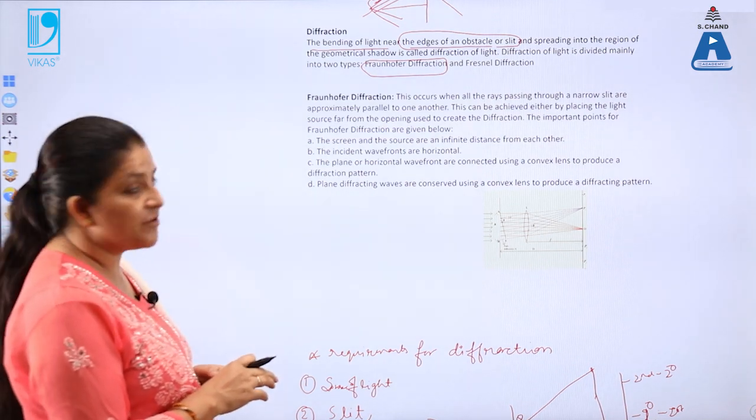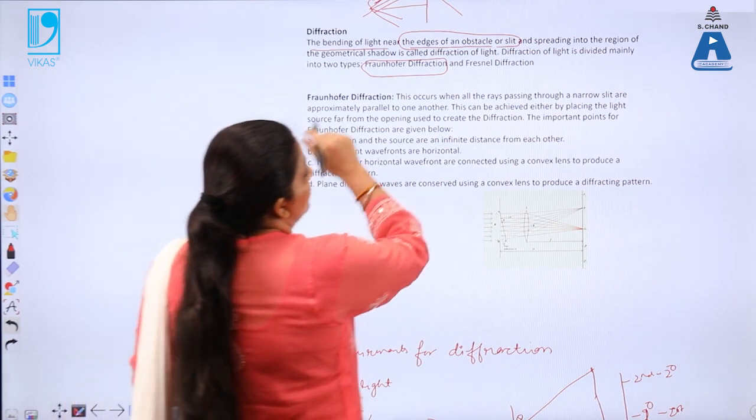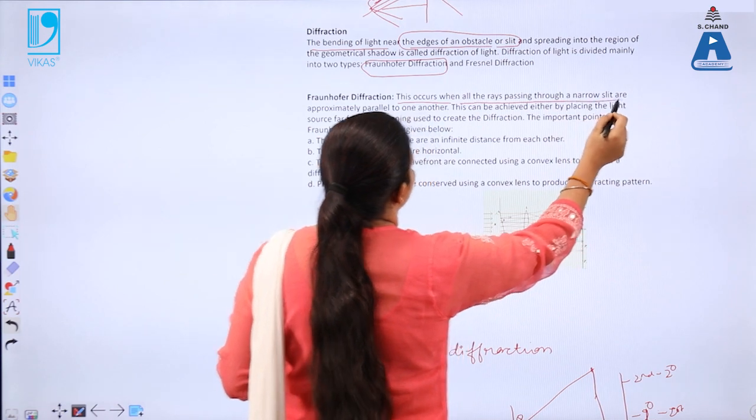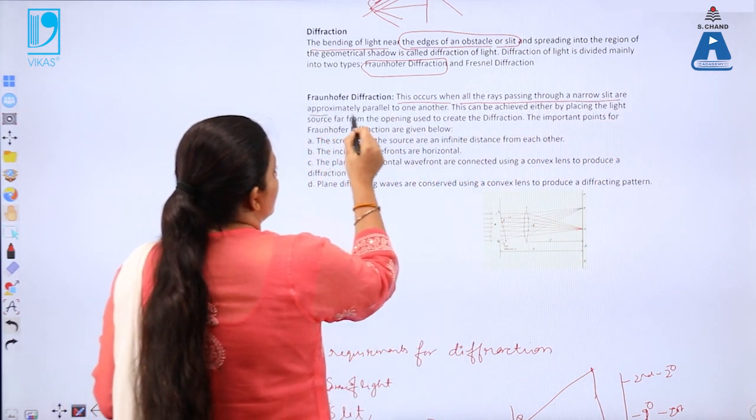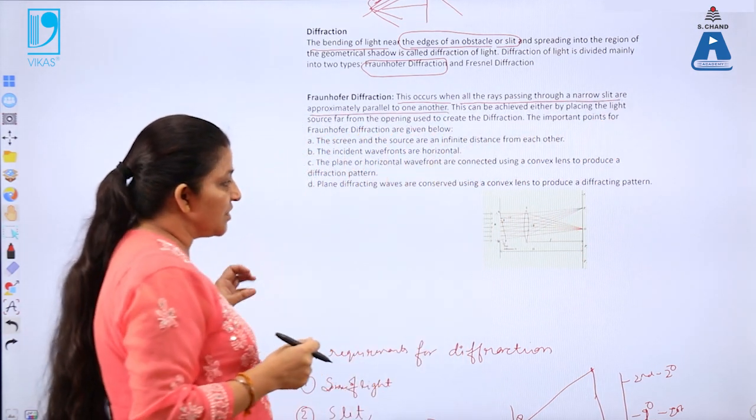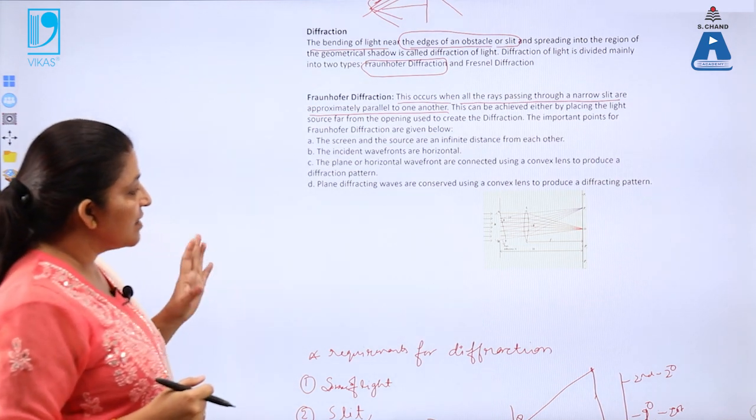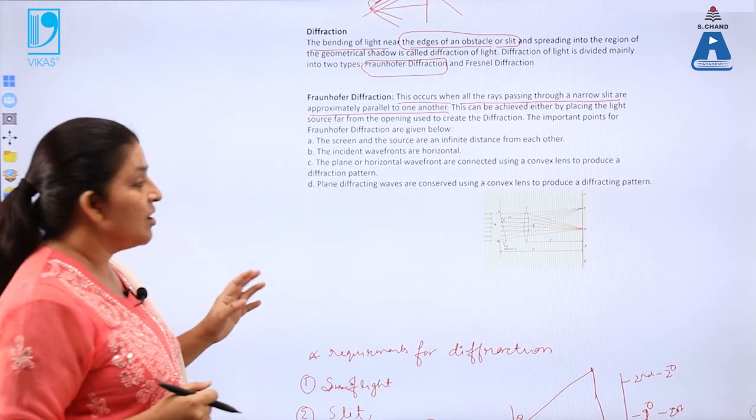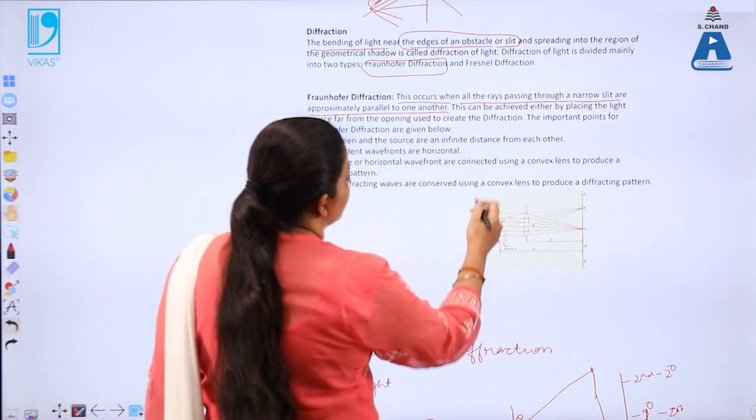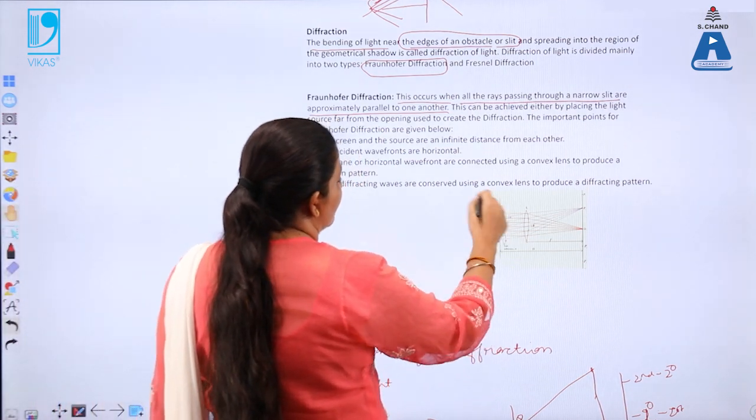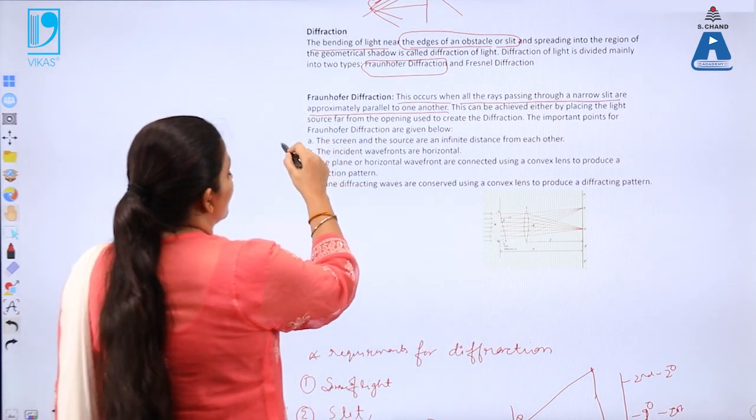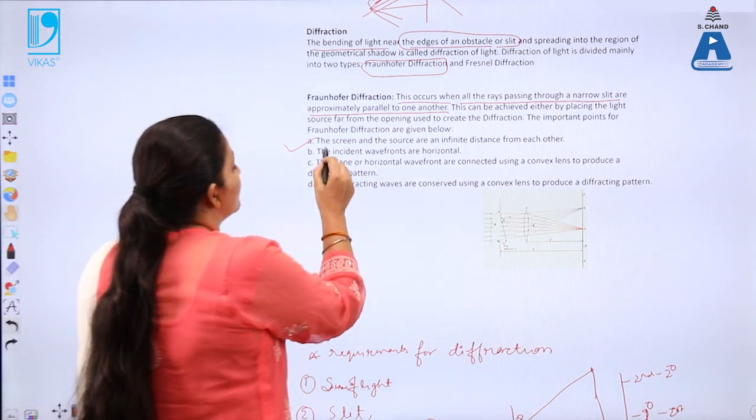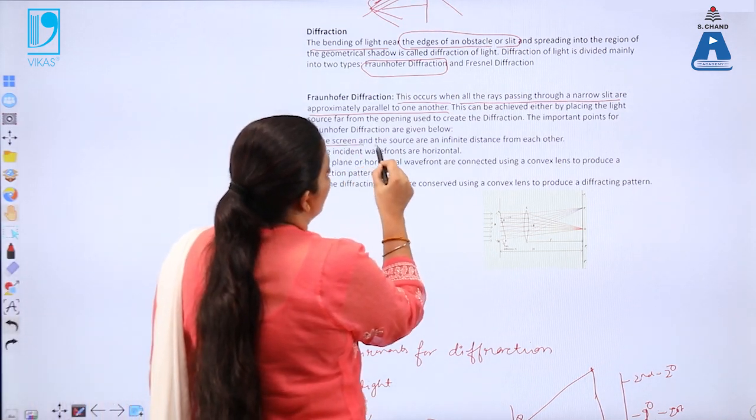So in the Fraunhofer diffraction, first, this occurs when all the rays are passing through a narrow slit. That means when all the rays are passing through the narrow slit, the incident rays are parallel to each other. Now how can we obtain the parallel rays over here? In order to get this diffraction pattern, the first condition is that the distance between the screen and the source